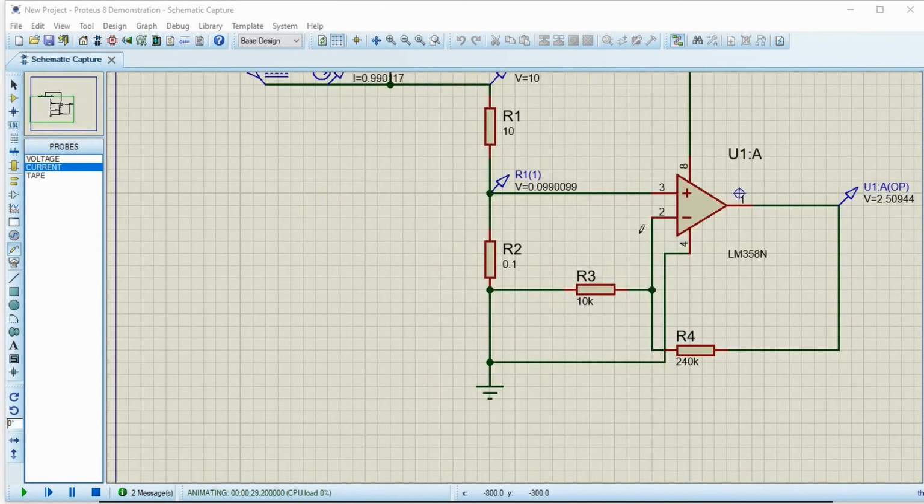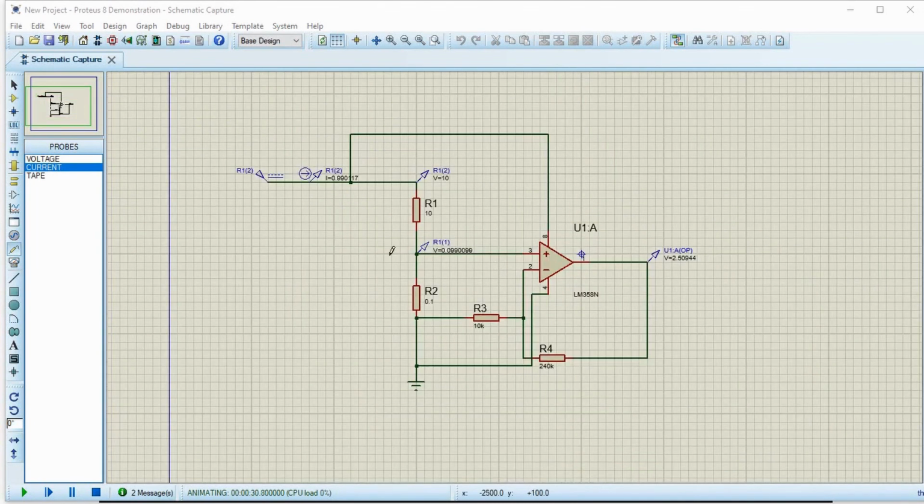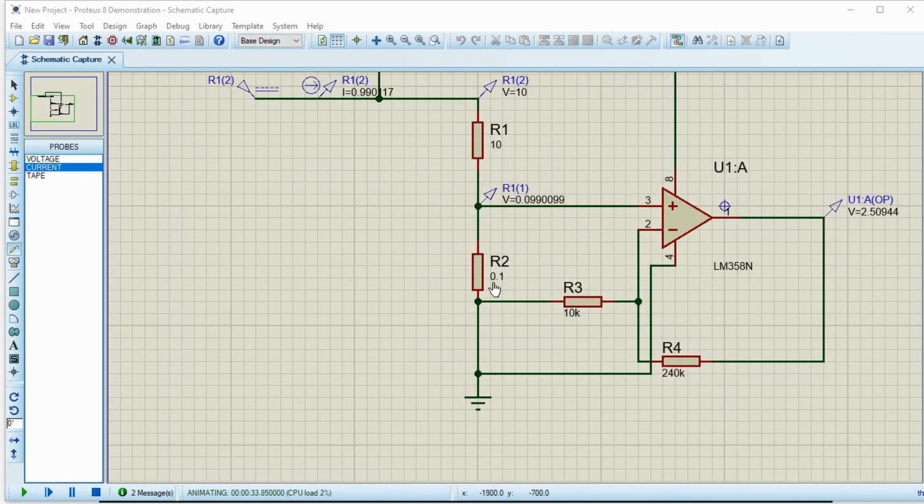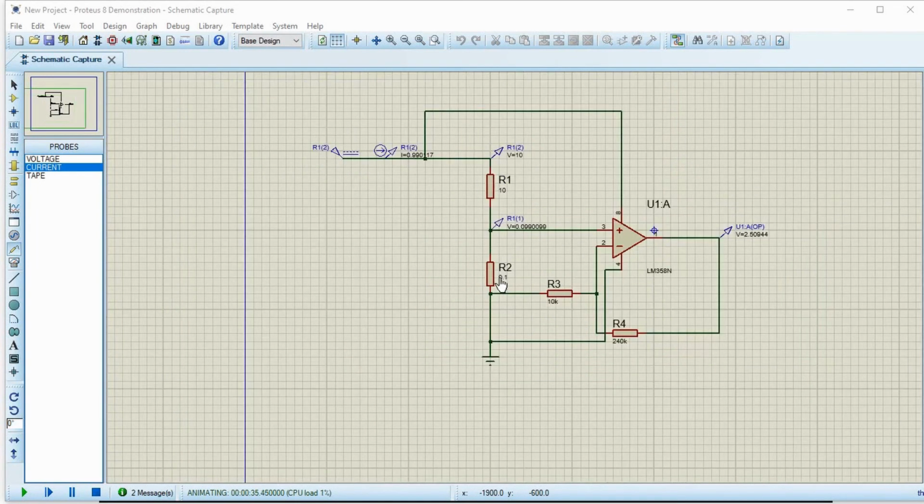Again, just to recap, to measure the load current, we use a very small value of resistance, in this case 0.1 ohm. You have to select the resistance low enough that you are not going to affect the load characteristics, but not so low that the amplification error will come into this. So it is a fine balance which you have to select. This is using an op amp as an amplifier.